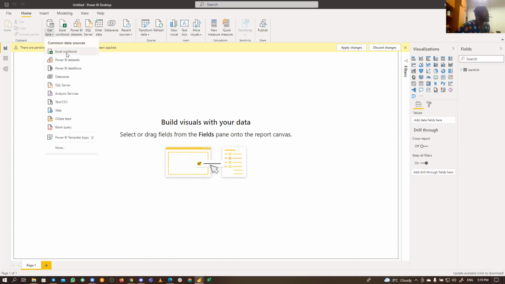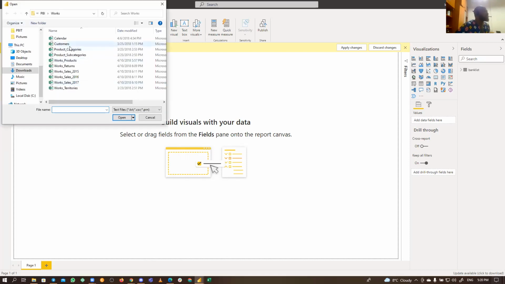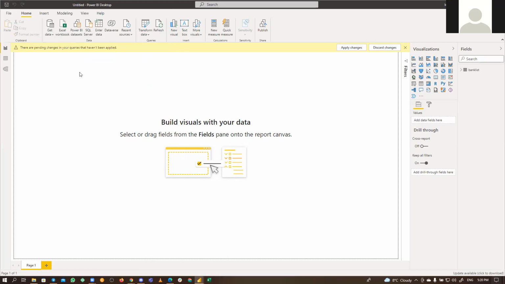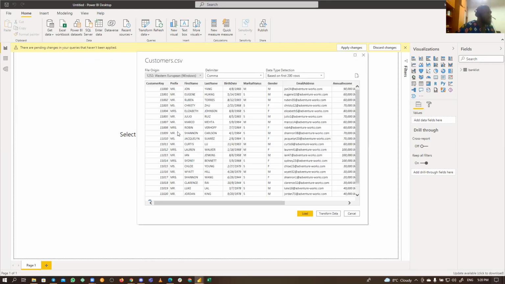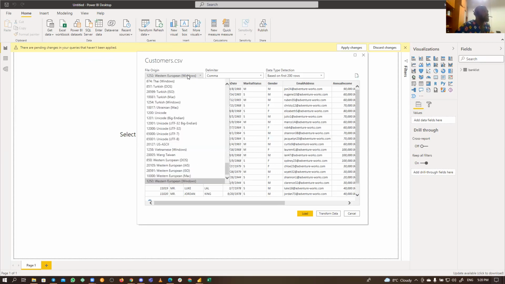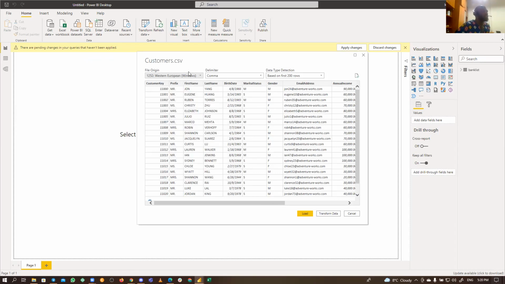Initially it was being brought in from the workbook. You went to More and all of these things. Well, you can just get it directly from here because it's a CSV file. Then you load customers, and as soon as you load customers, this will pop up. So you have the data set. Now let me quickly work on this a bit. This is the time zone. You can see this is the origin. It is working with my time, European time zone.